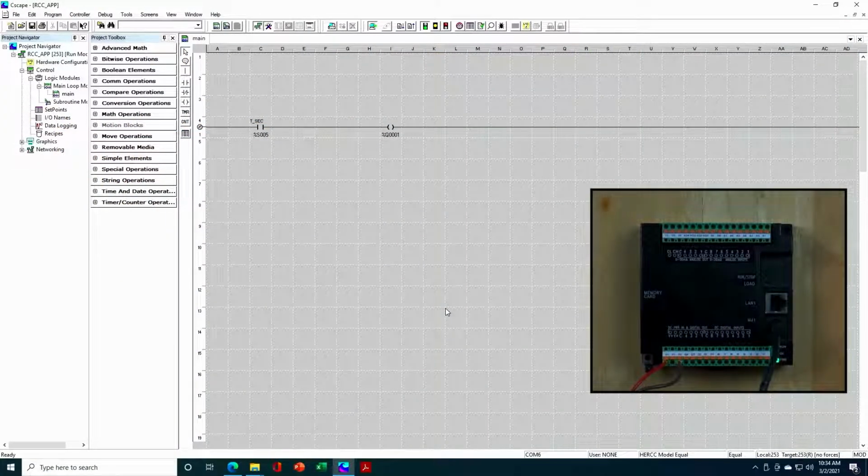Now we're going to go ahead and do a firmware update of an RCC. Now, as you can see, it does not have a local display, so the process is going to be a little bit different. Now with the XL4, I started out by performing a clone operation because I had an existing application. I wanted to get the machine back up and running in its exact state as soon as possible after